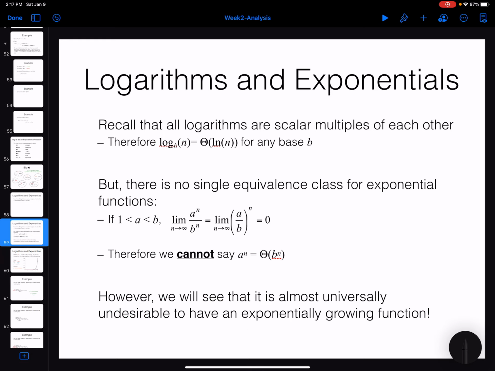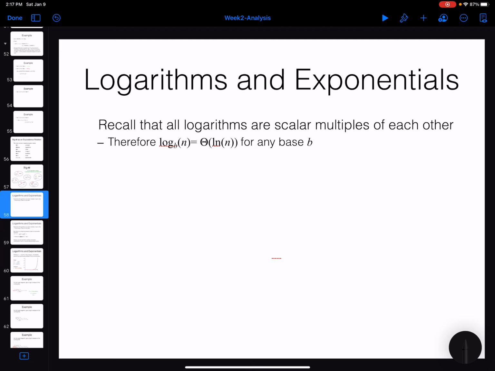But this is not the case for the logarithmic functions. Basically, you can say that log of n in base b is equal to log of n in base a or anything else. So log of n in base 2 has the same growth ratio as log of n in base, for example, 100. Why is this the case? Because